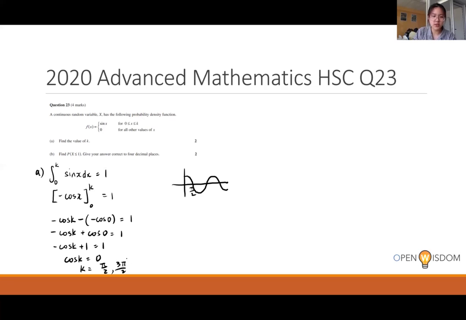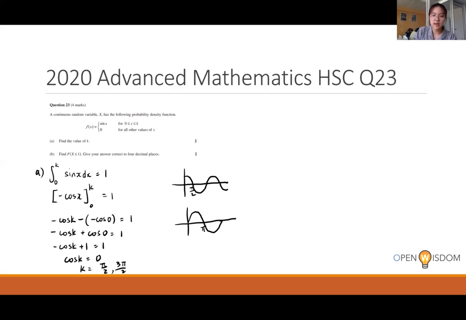To be honest, we don't actually really need this 3 pi on 2, because if we can see, PDFs must be positive, right? And so if we have sine x as our PDF, and remember sine x looks something like this,